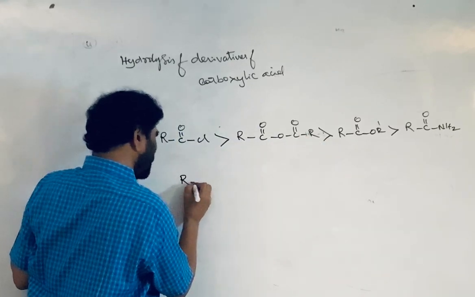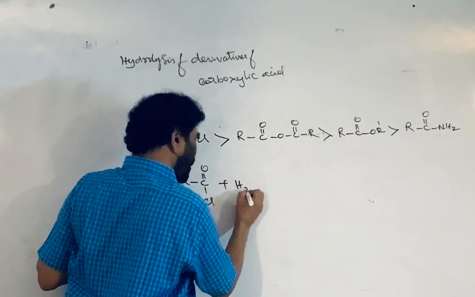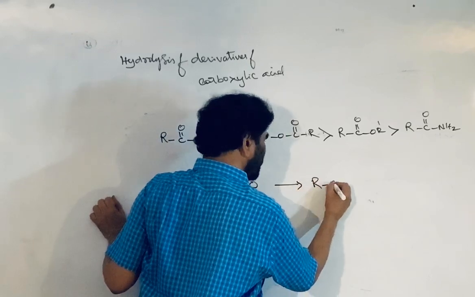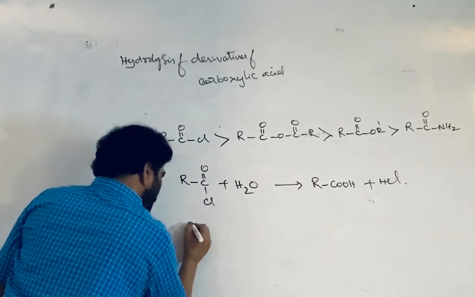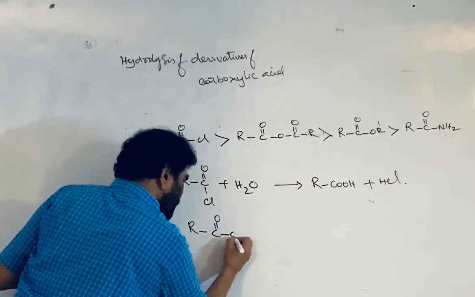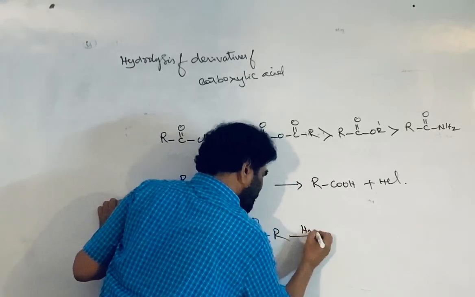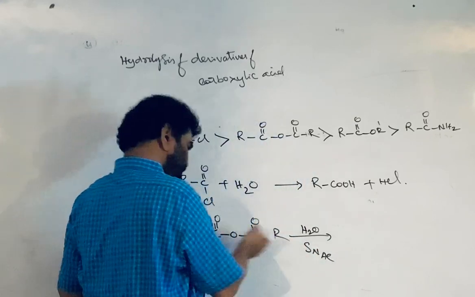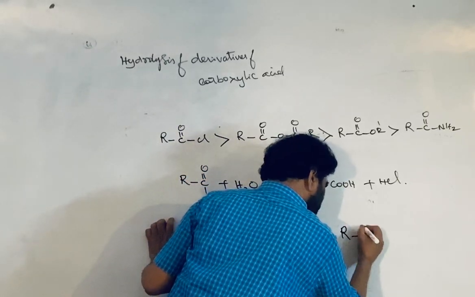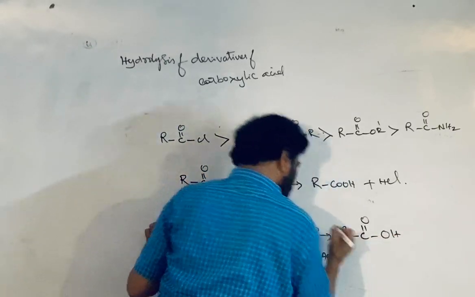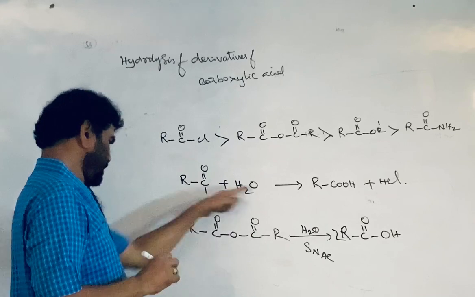All are giving this. See, if I take the acid chloride and treat it with water in the presence of acid or base, carboxylic acid is produced, HCl is produced, Cl with hydrogen. And RC double bond O, O, C double bond OR, if you take the anhydride, same SN/AC reaction. In detail we discussed the SN/AC mechanism and reactions of all these derivatives. Carboxylic acid is produced, but 2 moles of carboxylic acid are produced; 1 mole gives a symmetrical anhydride.